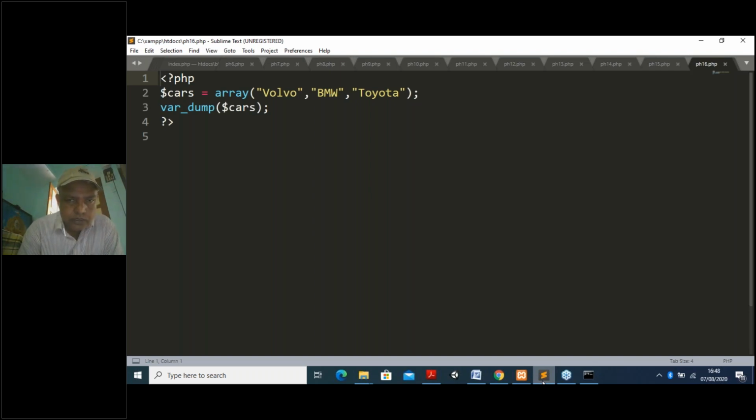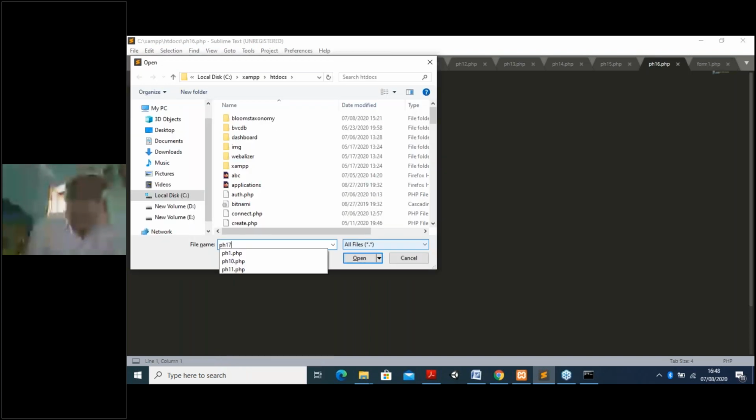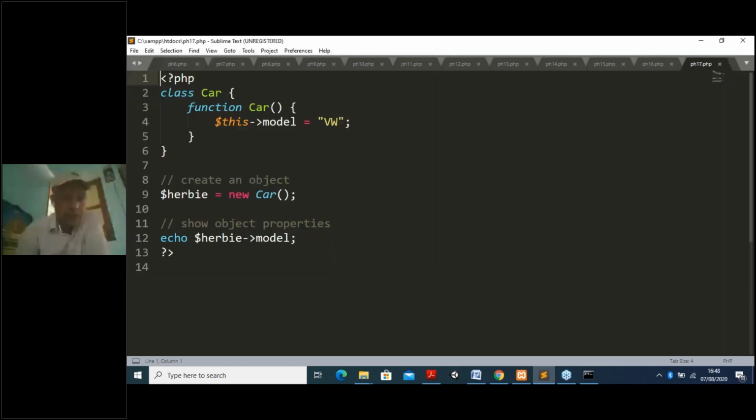Then open it. It is opening, but nothing is there. The ph17 program doesn't exist. ph17.php should be there. I made a mistake. So now Control O, ph17.php. Okay, now open ph17.php. This is the program. Now you see,